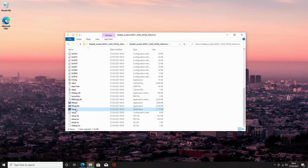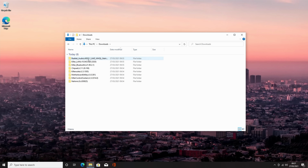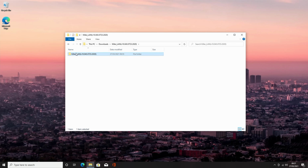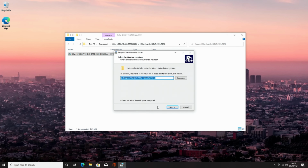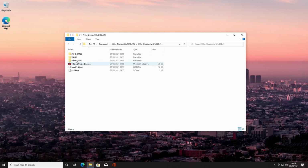click on the setup, click yes, click next. And we're going to need to restart our computer. I always think it's a good idea to do it at the time the pop-up appears rather than leaving it for later. So we'll click on finish and restart. Okay, we'll click on the Killer LAN, click yes, next, install, and finish. Okay, Killer Bluetooth,